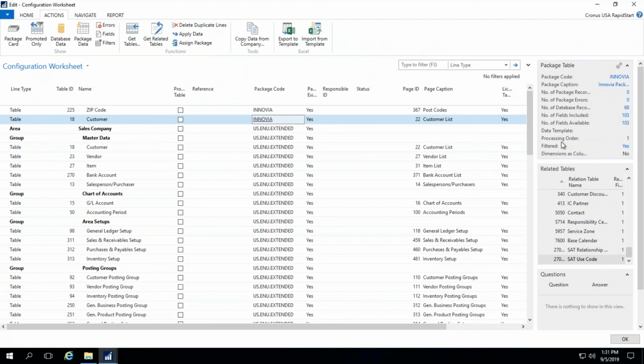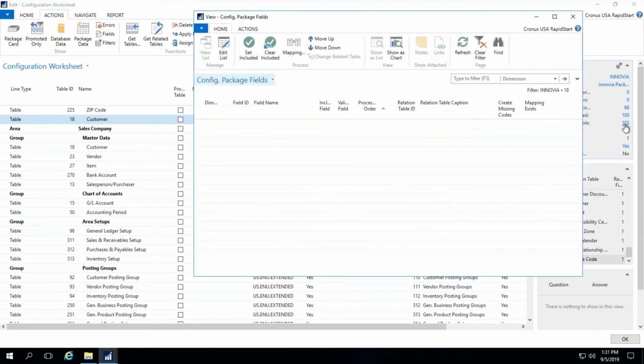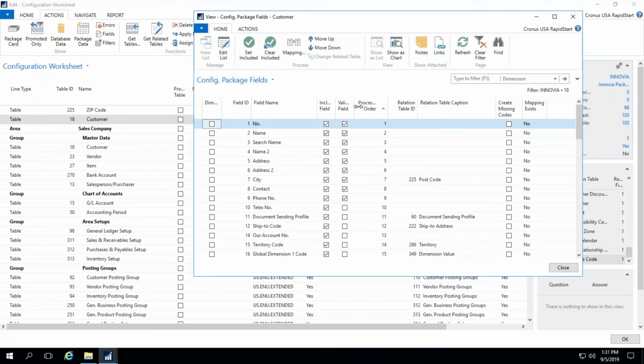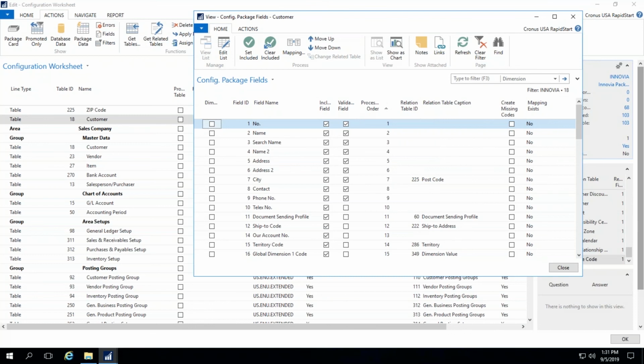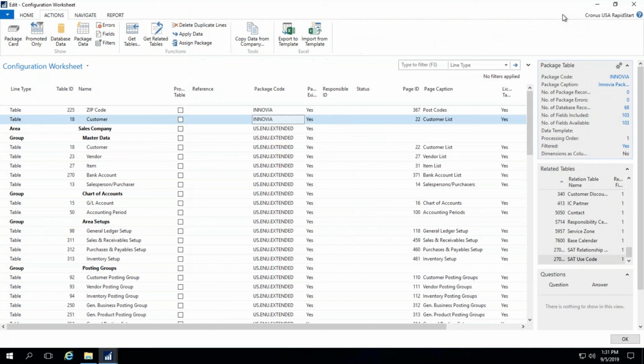So there is an area in here that I want to go through, and it's validation. Everyone asks about the validation field a little bit. The best practice is to not turn off validation on fields. Sometimes there is a need to turn it off, but if you're not used to working in RapidStart, it's pretty important to maybe not turn it off. What validation does is NAV BC will do the same validation that happens when you're entering data into the table. So for instance, let's go out here,